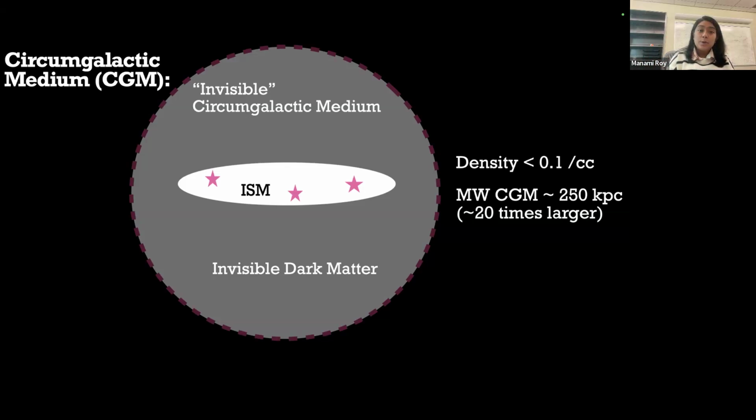It has very low density, so it doesn't emit at the sensitivity that we can observe with our current telescopes. To give you a size estimate, our Milky Way CGM is roughly 250 kpc, which is more than 20 times bigger than the central optically visible galactic disk. Now you can ask me, if it's such a diffuse gaseous halo, then why is it so important for us